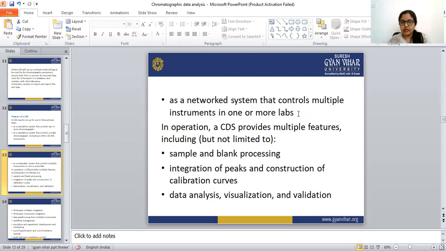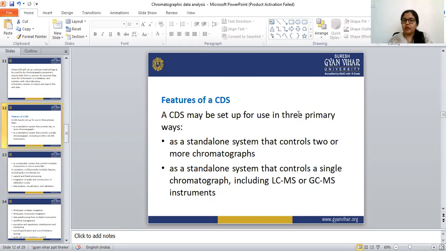So the CDS may be set up for use in three primary ways.